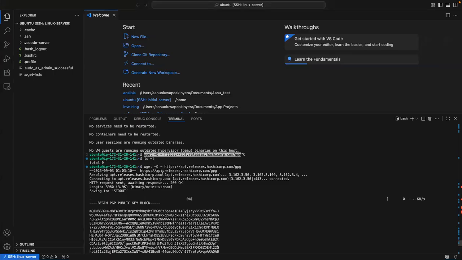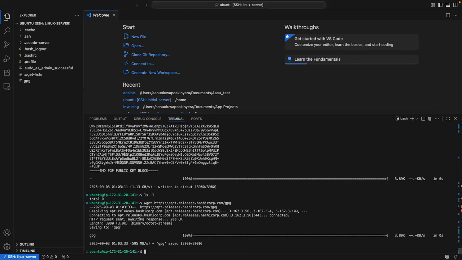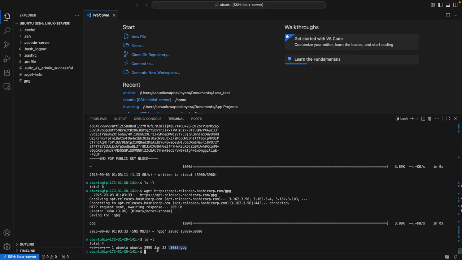Okay, it's because of the dash O. That means I'm just reading it. So let me remove the dash O. wget. And if I do ls -l again, you see I downloaded GPG. Does it make sense?